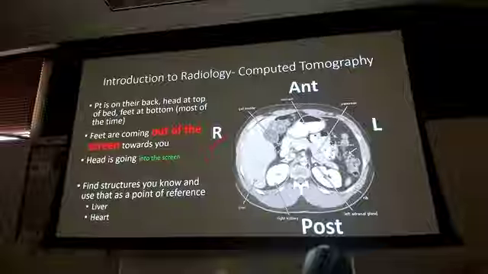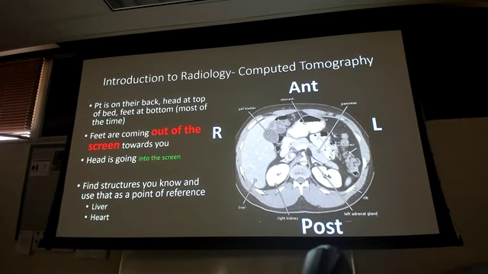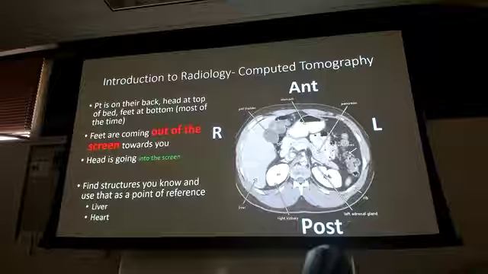Right? So you should be able to look at this and know which kidney is which, know whether or not this is liver or spleen, depending on the side of the body that it is. Same concept when we look at a chest x-ray. If I haven't labeled it right or left, you should be able to tell me which shoulder is right and which shoulder is left, even without a marker on it, because your right is their left, your left is their